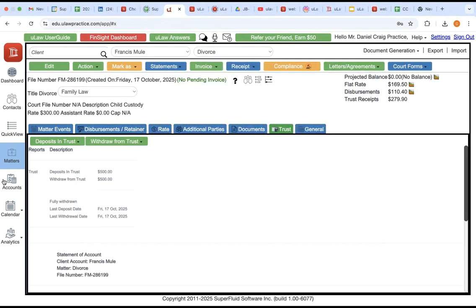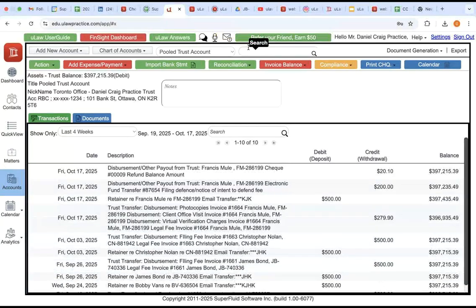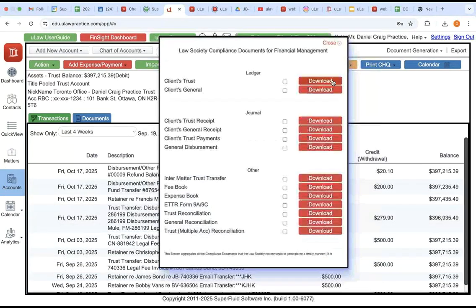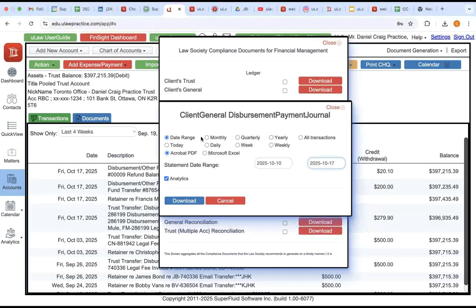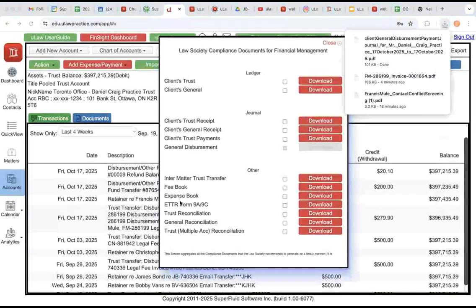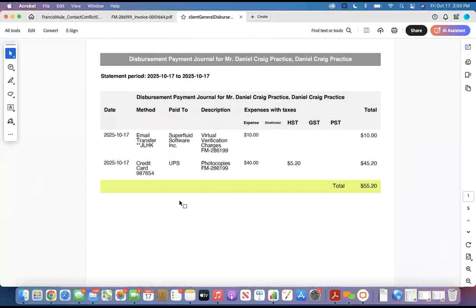Okay, so there. Now going back into accounts to show you all how the compliance statements look with all the details that was entered in. So let's start off with the general disbursement journal. And I just worked on this particular matter today, so I want to show you all how it looks if I load it.